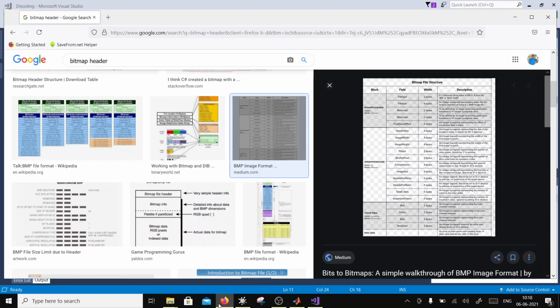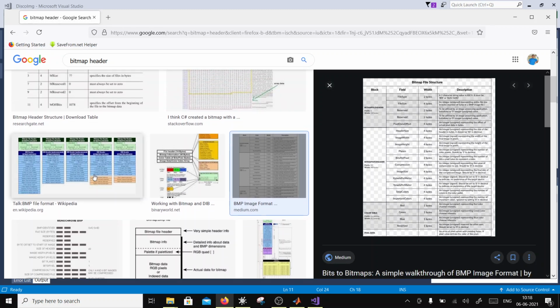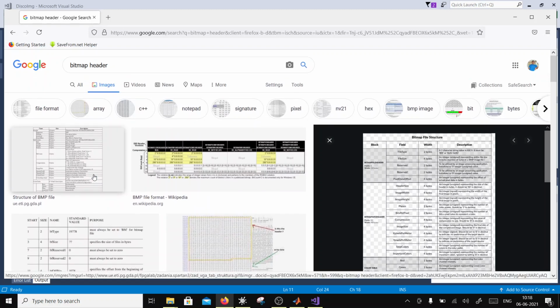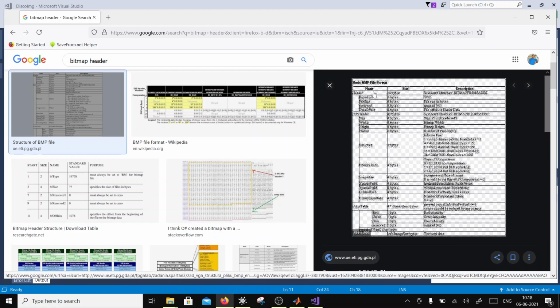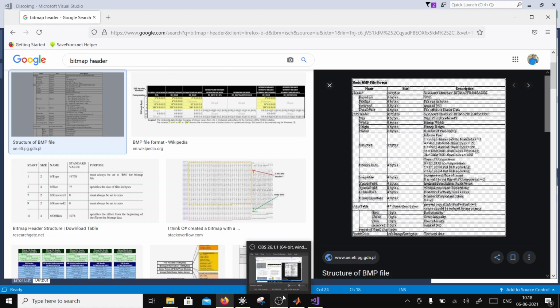After file size, what do I have? I have a reserved, and it will come out as 0. Reserved, and so there's something wrong here. There are no two reserved, so there's something wrong with this header information. Why are there two reserved? Signature, file size, 4 bytes is reserved, so I'll read that as also an integer.